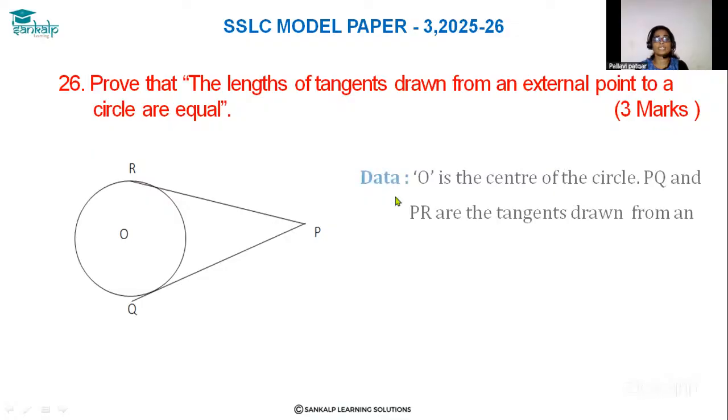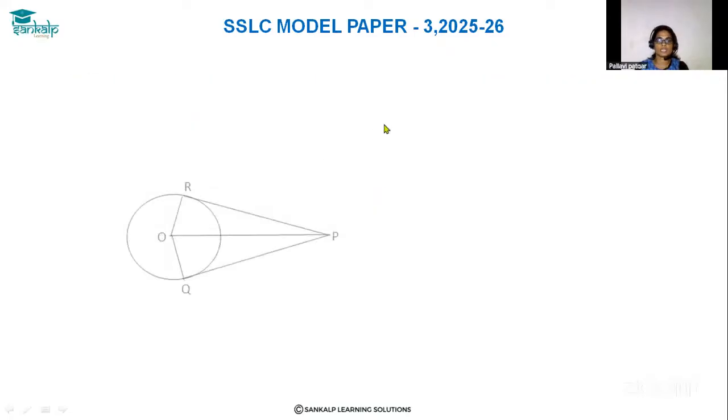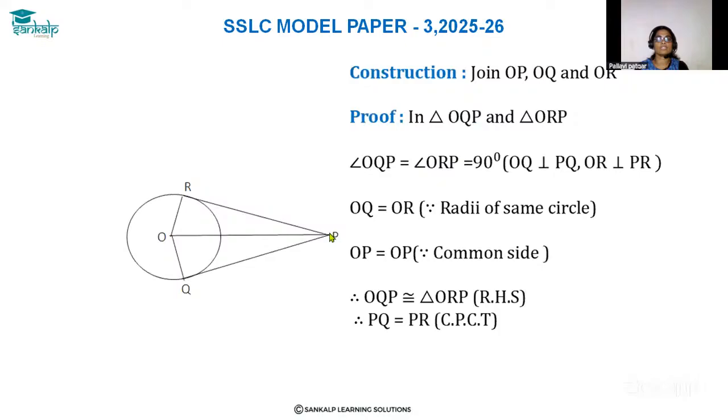Here the data given: O is the center of the circle, PQ and PR are the tangents drawn from an external point P. We have to prove PR is equal to PQ. Construction: join OP, OR and OQ. Proof: in triangles OQP and ORP,